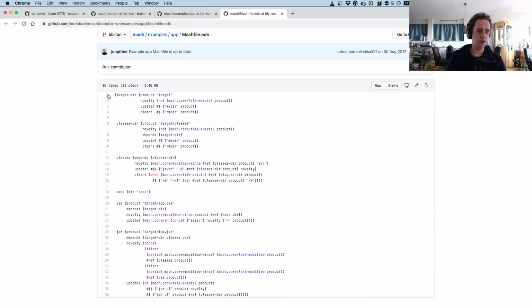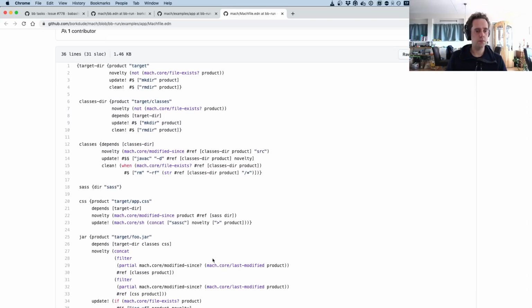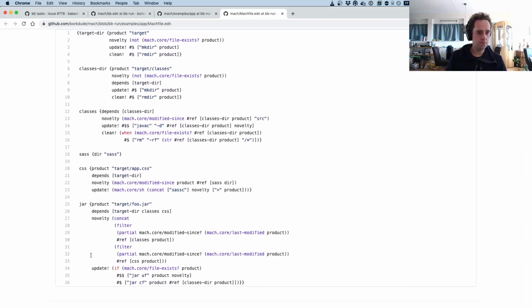So I replicated this 36 line build script, which is very much similar to what you would do with make, and I ported it to the BB tasks. So what happens, they have an explicit update function, and this update function only runs when the novelty function is returning new, or the novelty property is returning new